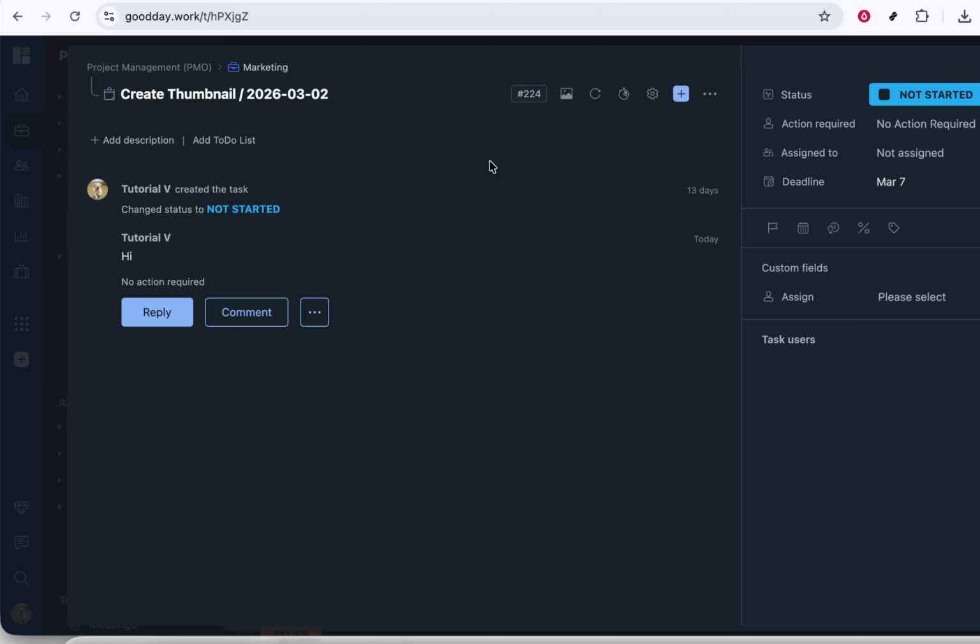By following these steps each time you want to communicate about work, you will gradually shift your team away from scattered emails and toward a more streamlined, transparent